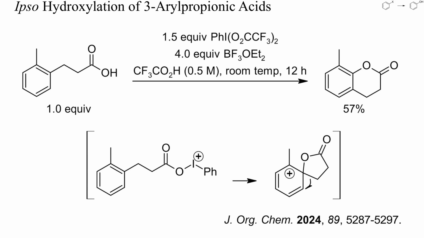Treating the starting aryl propionic acid with bis-trifluoroacetoxyiodobenzene and a Lewis acid yielded mainly an acyloxyarene, but a maybe unexpected isomer. This result again shows how important it is to carefully characterize each product. Spectra of the product shown here and the isomer with the methyl group pointing down will be almost identical, and both products can only be distinguished by X-ray crystallography or by advanced NMR experiments.